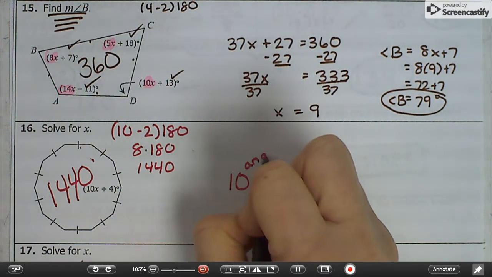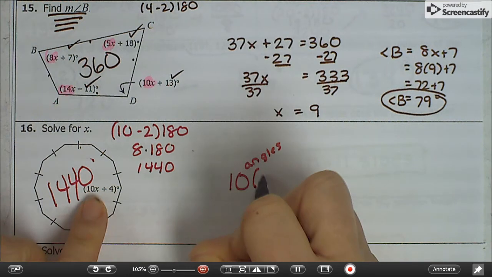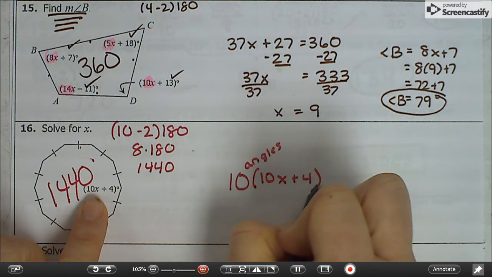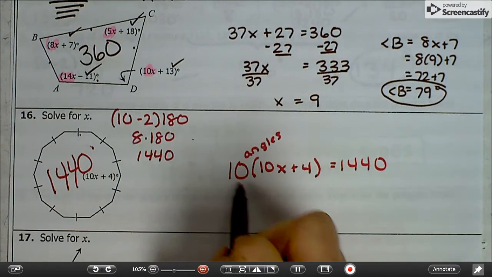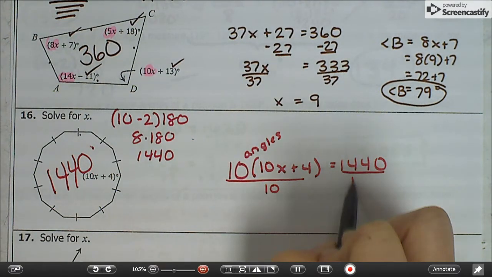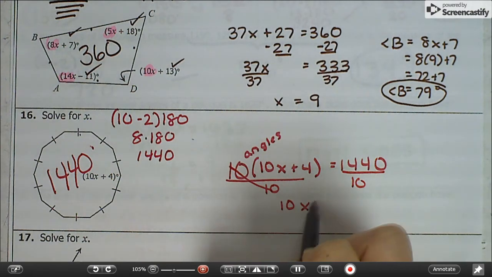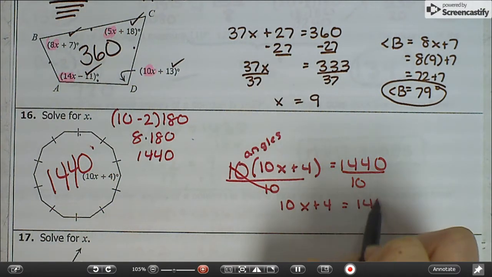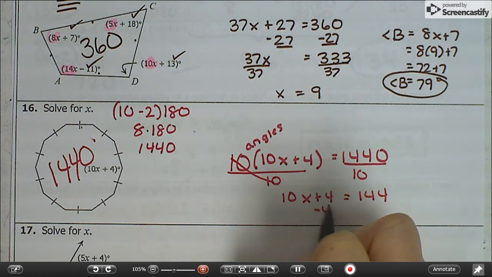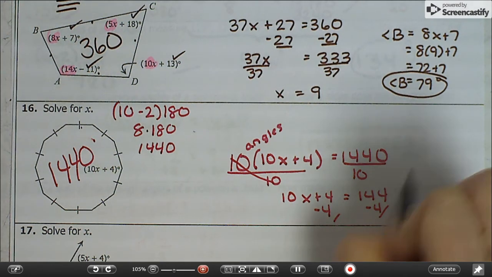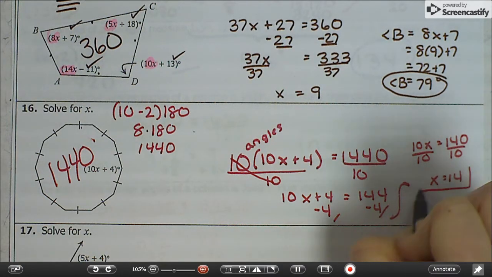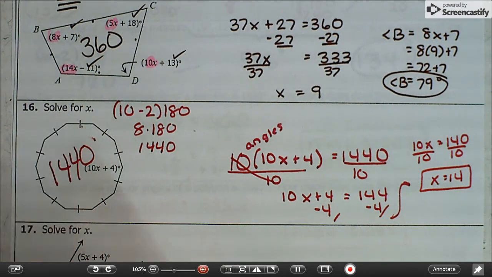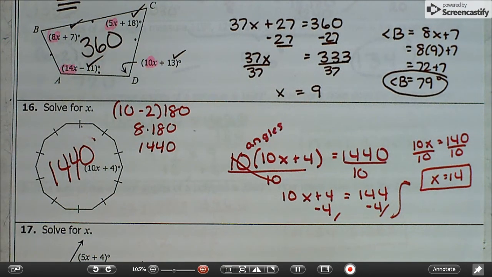I'm just going to write angles up like this. And each angle has to be 10x plus 4. And that's going to equal 1,440. And then we're going to divide by 10. That's the easiest way to get rid of it. And solve. And we don't need to plug it back in because it just says solve for x. And the last one,